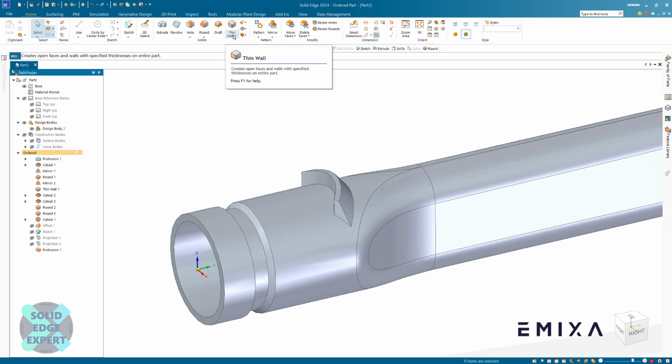So next we're going to go to our drop down under thin wall, which has got our plastic part style tools, rib, web network, lip, vent, mounting boss, etc. I'm going to choose the rib command,